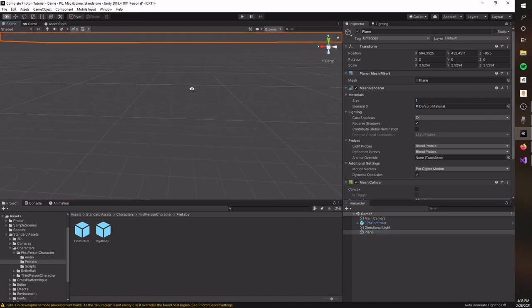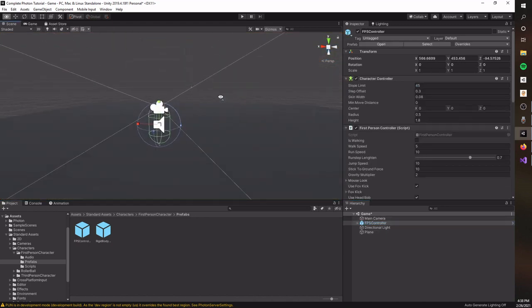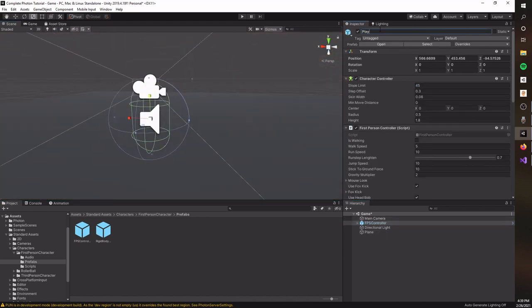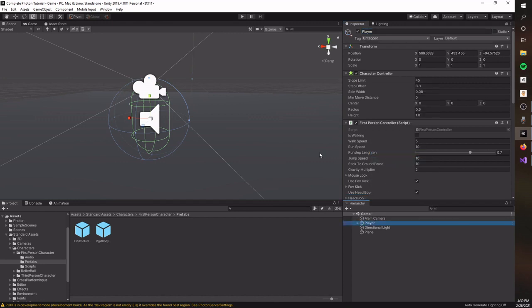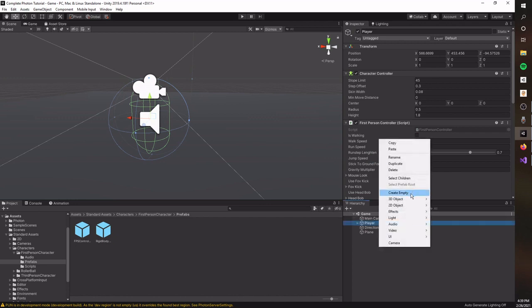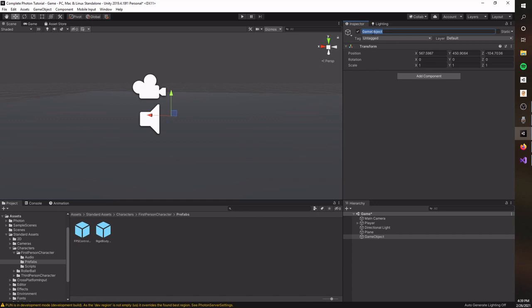Okay, so now I can take this first person controller and rename it to player, and I'm just gonna unpack the prefab completely. Okay, one thing, I'm gonna create an empty game object here, and I'm gonna call it network manager. Create a script on it called network manager,